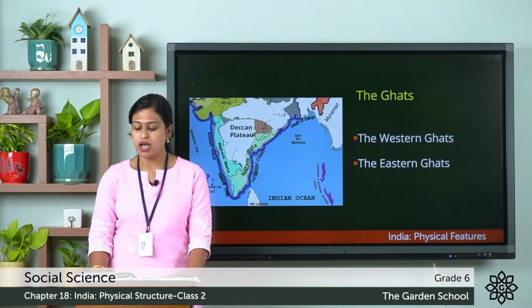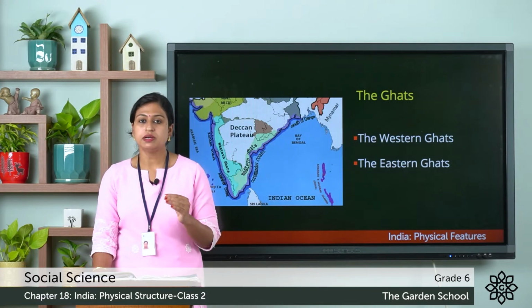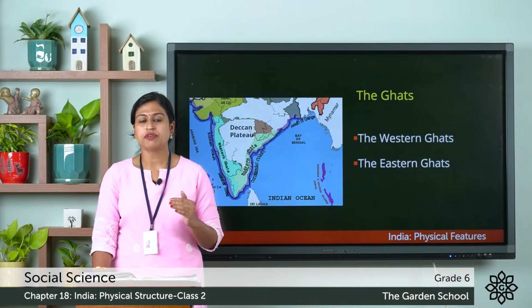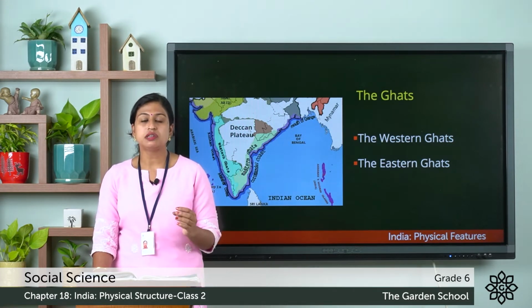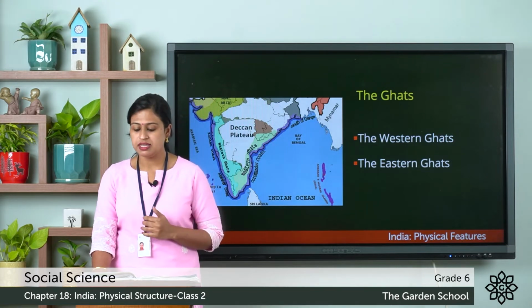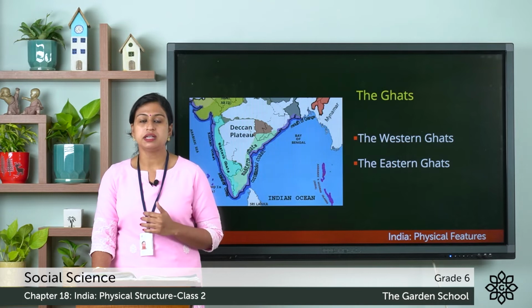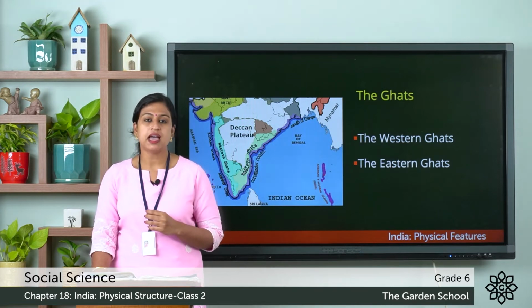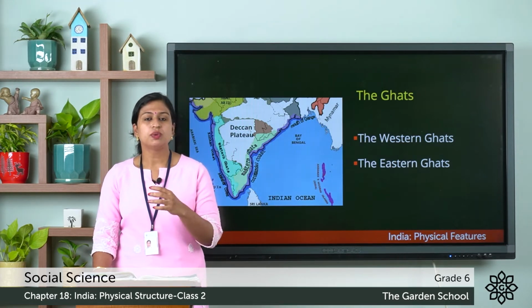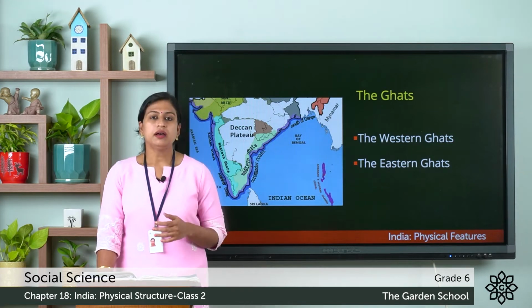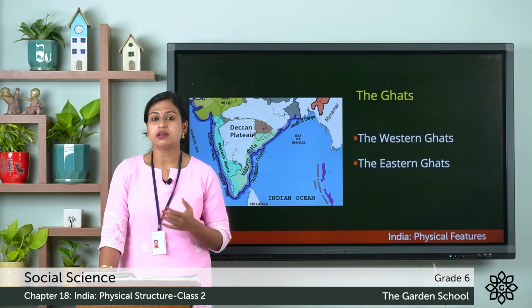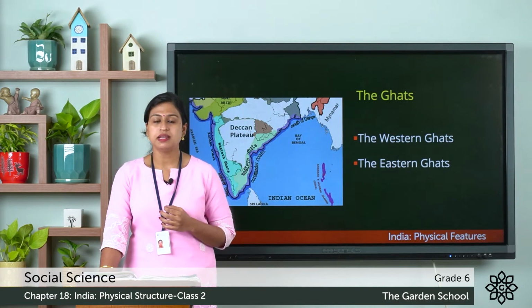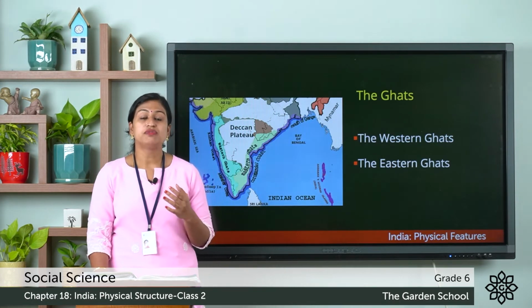So, here one thing you have to note is that most rivers in the Deccan Plateau flow from west to east, and this is because of the slope of the Deccan Plateau, that is from 900 meters in the west to 300 meters in the east, which means that there is a tilt towards the Bay of Bengal. Here, before reaching the sea, these rivers deposit large quantities of silt and sediments, forming large fertile